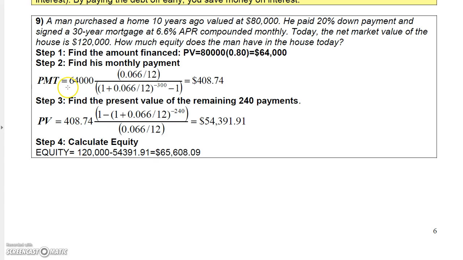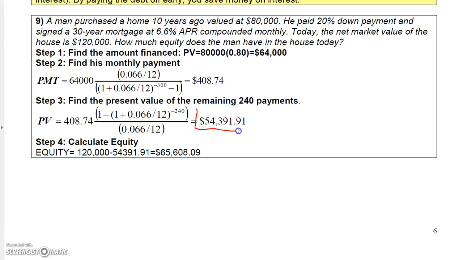So basically what I'm going to do is, the amount financed here was $64,000, and the payment's $408.74. We want to find the present value of the remaining 240 payments. They've made 10 years of payments, so they still have to make 20 years or 240 payments. So I'm going to find the present value on the remaining 240 payments. That's